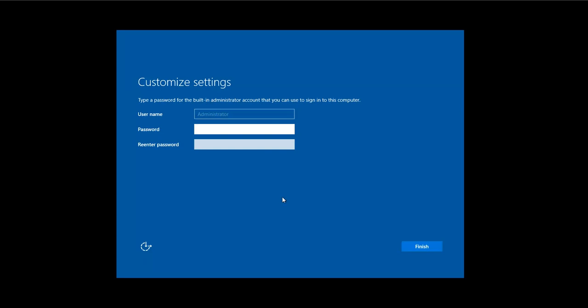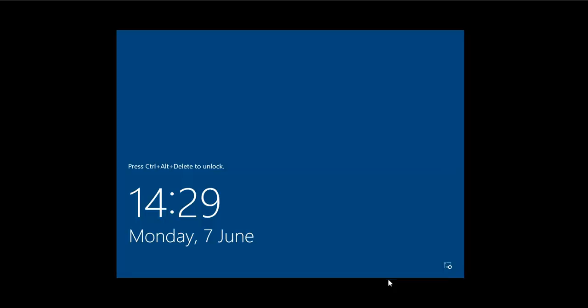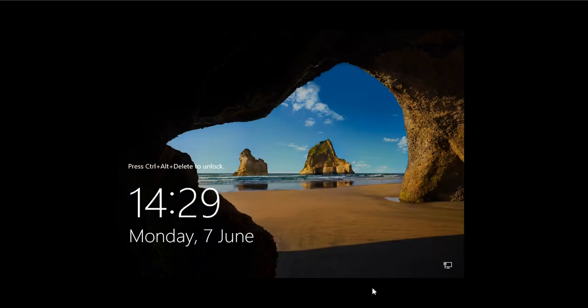When the installation is finished, the system will reboot, and now it will ask for customization. First it is asking for the administrator password, so I will provide the password for administrator here, and then I will say finish. And now it is installed.